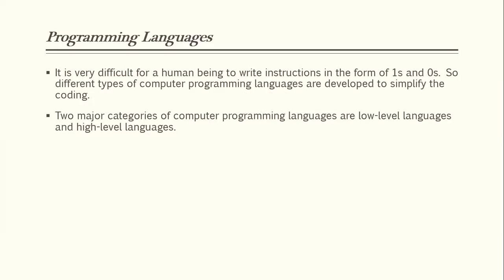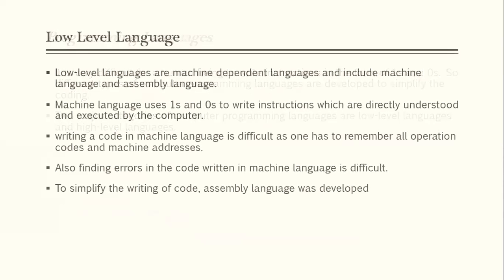So we use software, and these softwares are written in languages. Like we said on the previous slide, we can write high level languages and computers can read the low level machine language, which is zeros and ones. But we cannot write an entire set of instructions in zeros and ones. Hence, we use programming languages which help us to simplify this work. Two major categories of computer programming languages are low level languages and high level languages.